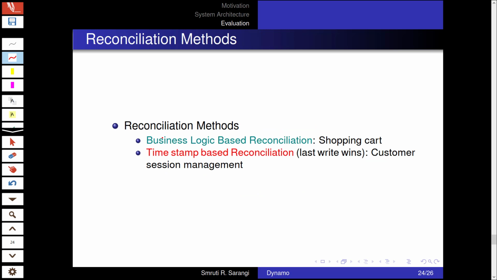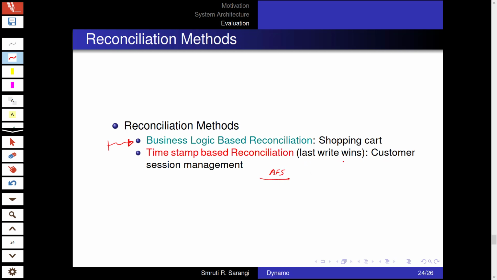So, as we had discussed, there are two kinds of reconciliation methods. One is we can have a business logic based reconciliation. So, in this case, like a shopping cart, we know exactly what is to be done if we have multiple versions of the shopping cart, we merge them. Or for many other services, we can just have a timestamp based reconciliation, which, as we had seen in the Coda file system, was there with AFS.